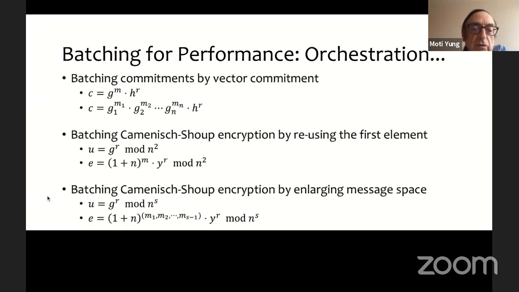The work also gave another batching technique, which is based on the Damgård-Jurik extension of Paillier.